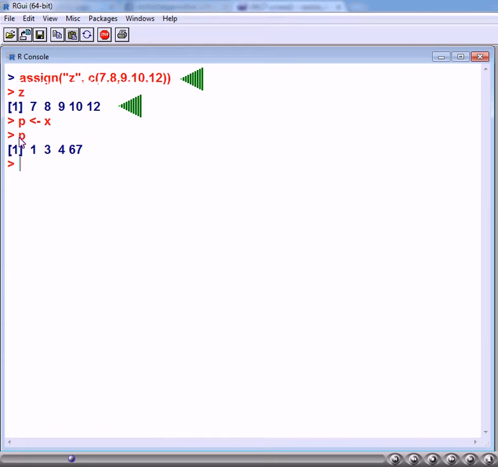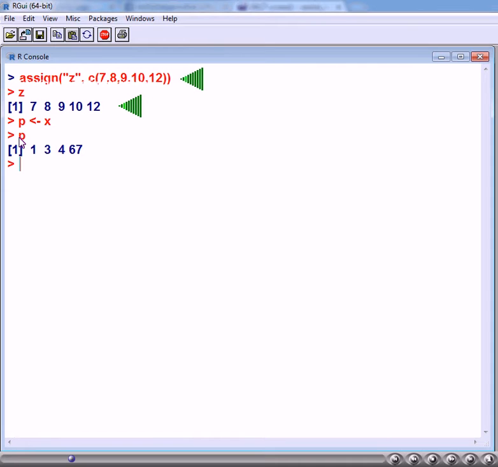With the help of the assign function also, we can assign values to a vector. For example, here I want to create a vector with the name z having values 7, 8, 9, 10 and 12. The same thing can be achieved with the function shown in the slide.